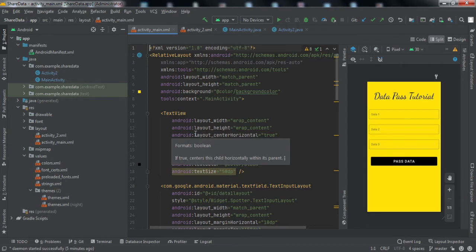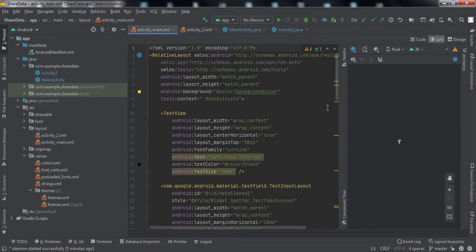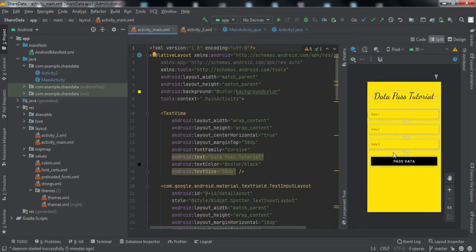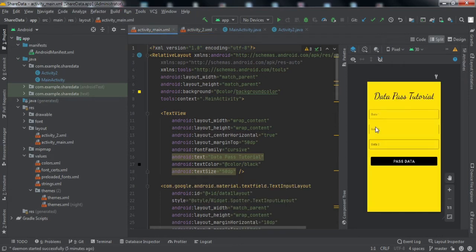So here you can see this is the layout for the first activity. There are simple three text input fields and one button. And in the second activity we have these three text views and one button. So once we click on this button on the first activity, we'll go to the second activity and the data that has been passed from the first activity will be displayed here.